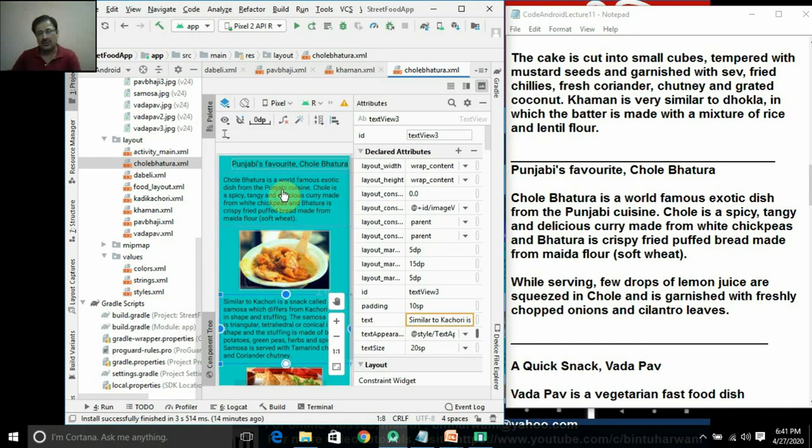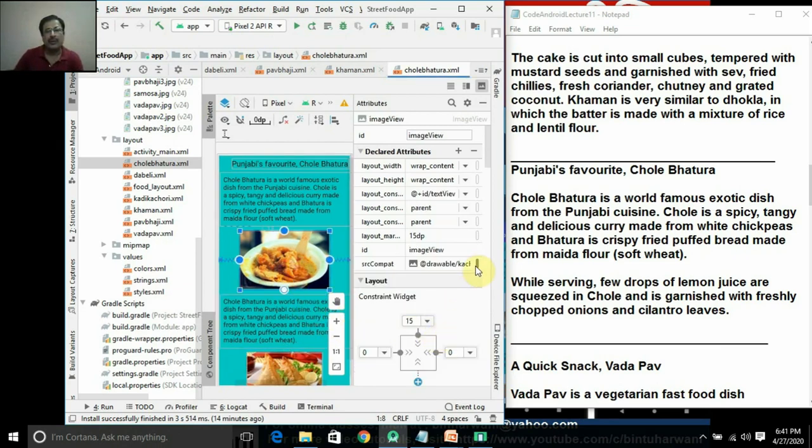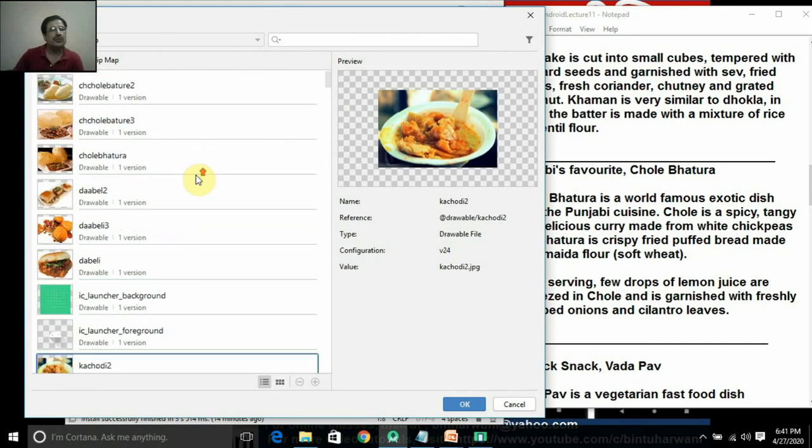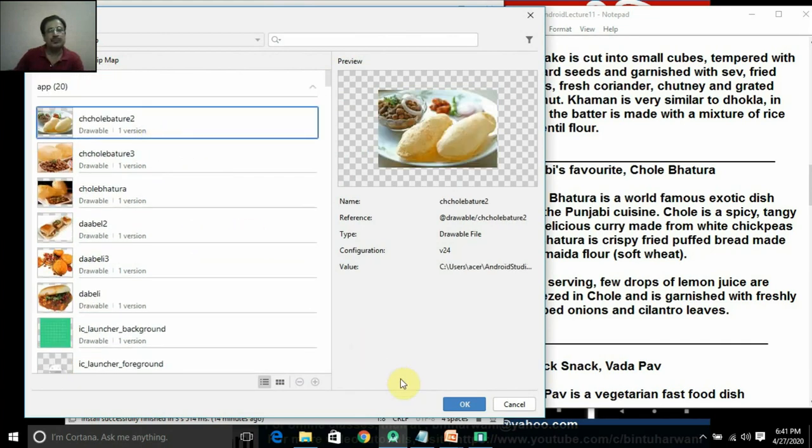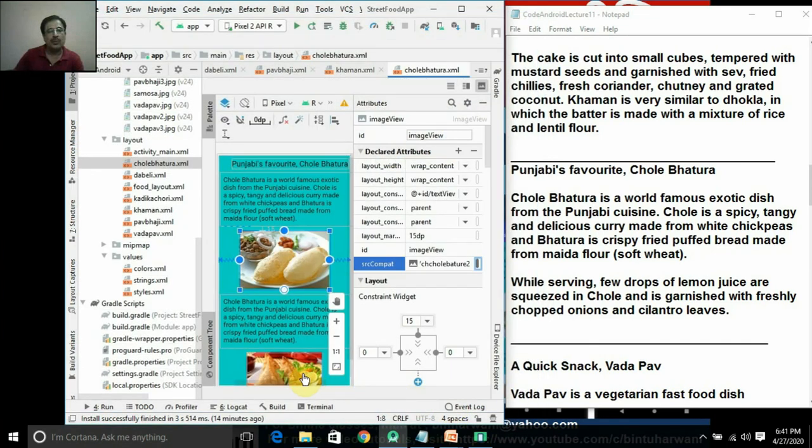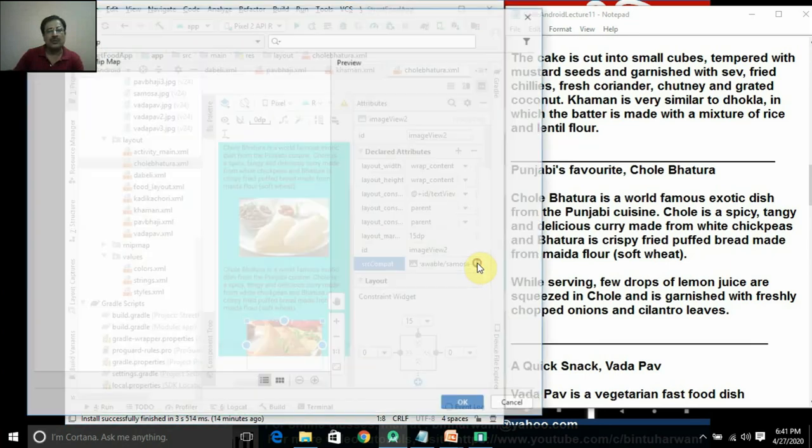This is not appearing very bold here. The Chole Bhatura has come. Click on the property of the image view, Chole Bhatura 2. Select this, Chole Bhatura 3.